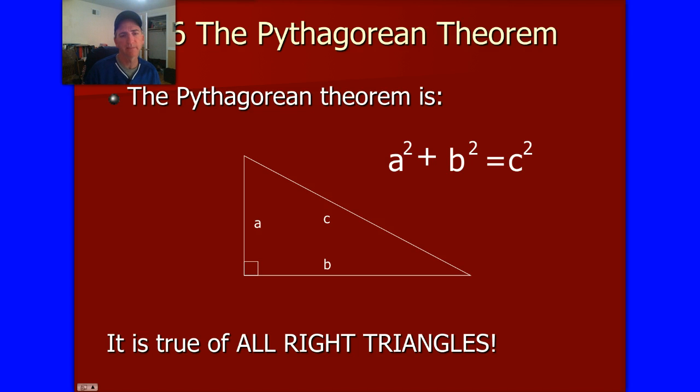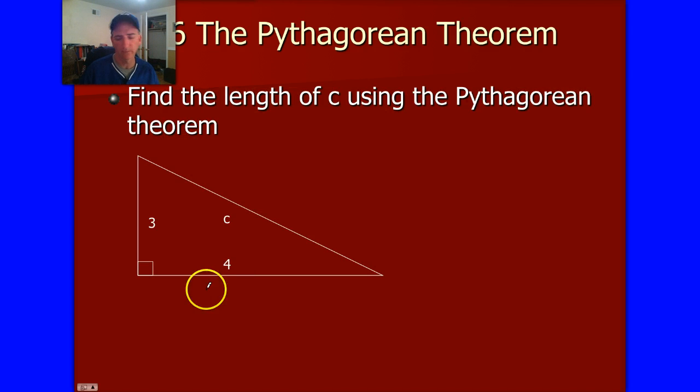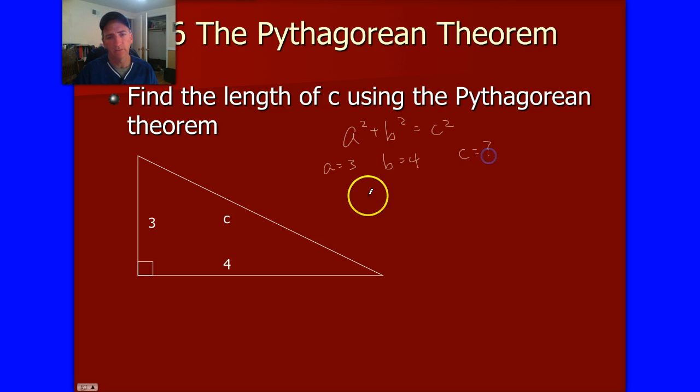Let's look at a really simple example. How about this one right here? 3 is the leg, so the Pythagorean theorem says a squared plus b squared is c squared. Okay, so if a is 3 and b is 4, what we want to do is find out what does c equal. So if I square a, 3 squared, plus square b, 4 squared, that would equal whatever c is